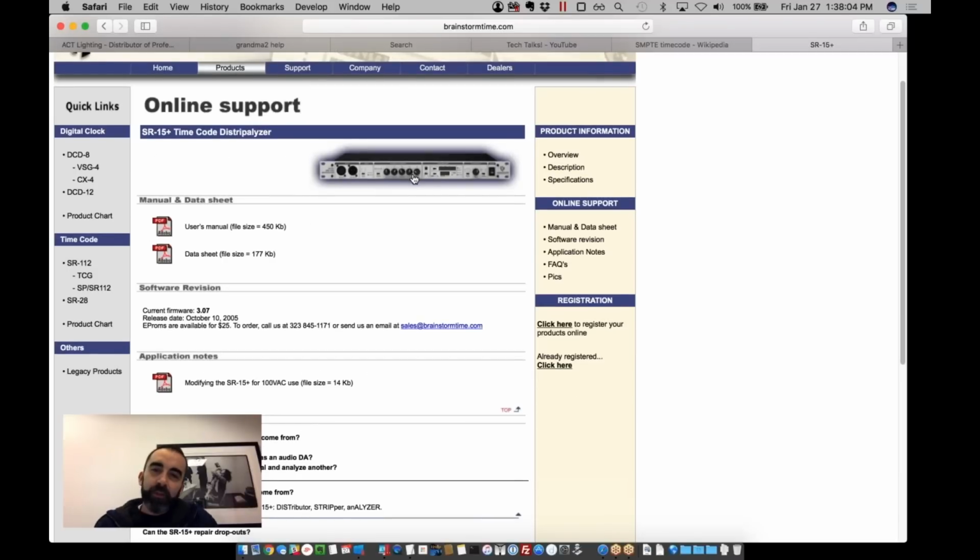There's this device made by Brainstorm Electronics. This distripolizer has a better noise filtering mechanism. It can find the timecode signal even if it's coming from a noisy audio line. The grandMA2 desk, on the other hand, is expecting a fairly clean square wave. So if your audio guy is far away and you don't know where the signal's coming from, we definitely recommend you get a distripolizer front of house. That actually has a little clock display on it, so then you're getting signal front of house.